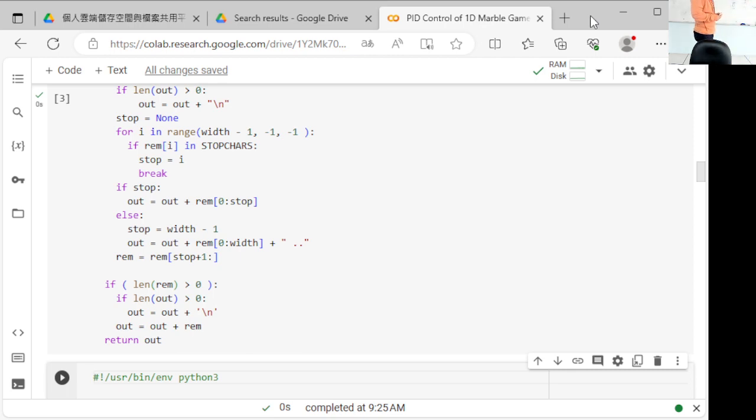And of course, there's lots of control problems in robotics. We also had the first one that we were dealing with